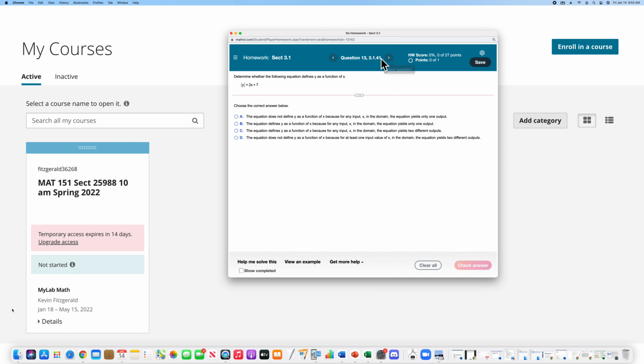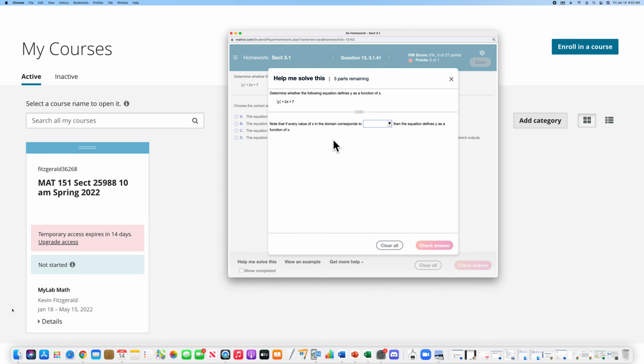You can change your problems left, right, looking at your problems up here. You can click save, but what I have found out, they automatically save everything for you. Here at the top, it tells you what your score is and what problems you're on, how many points you've accumulated so far. But if you need help, down here,